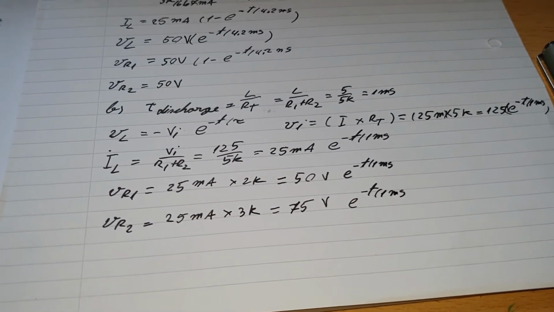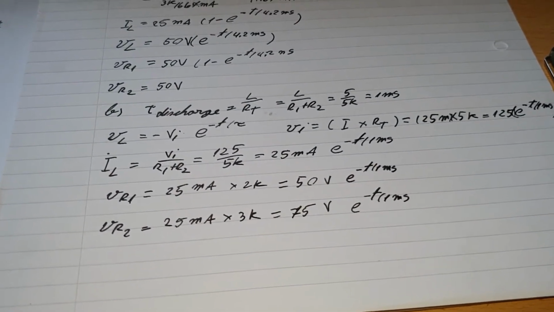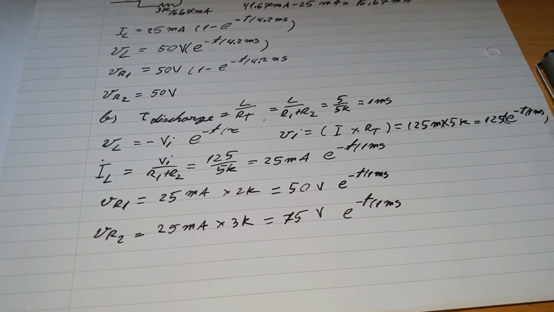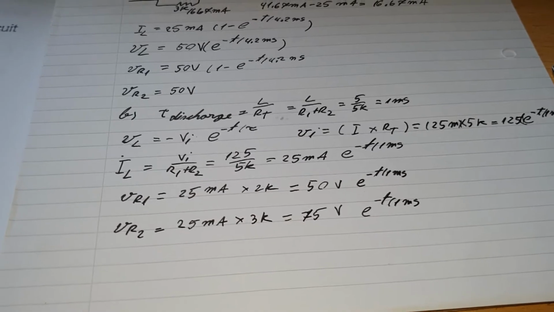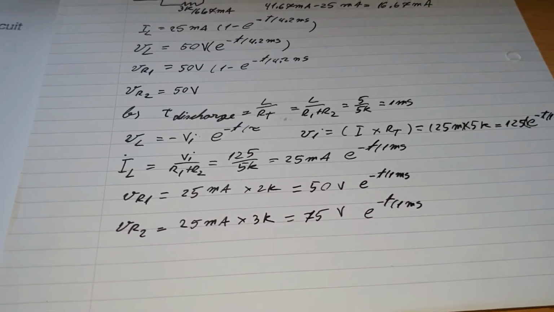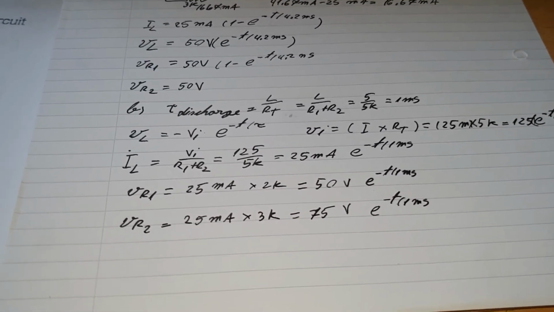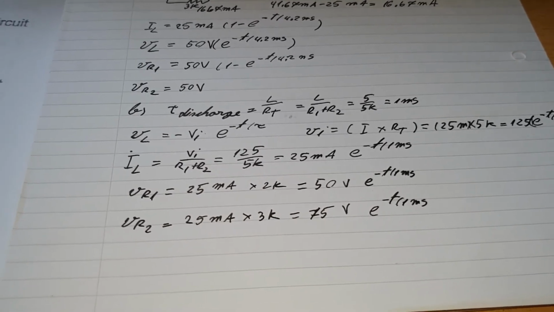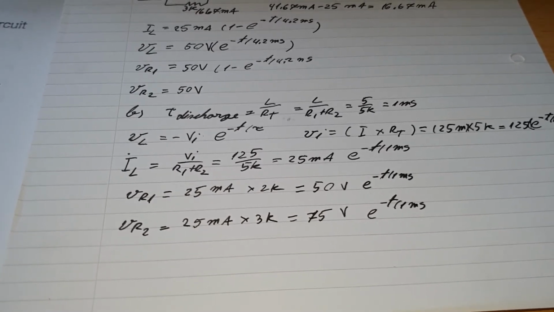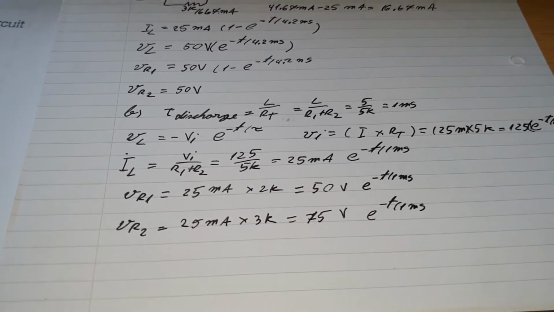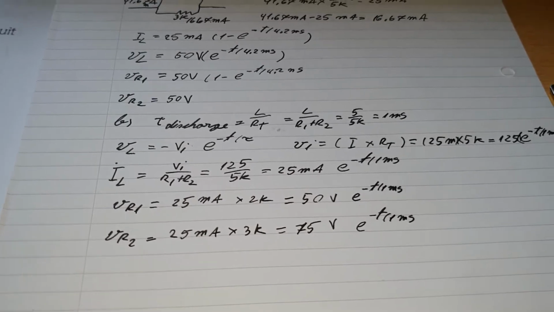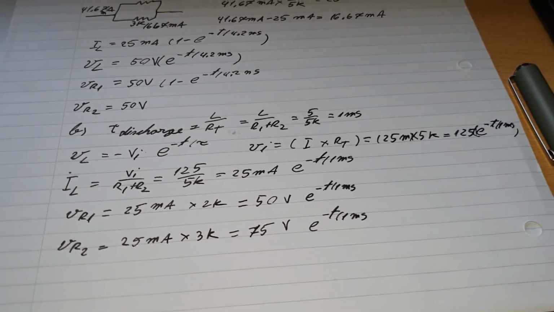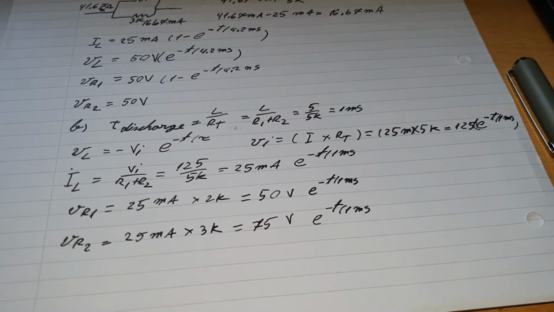We solved part B as well, and that's how you calculate it when you fully discharge it. When you fully discharge it, you use the current inside the inductor, which was 25 milliamps, and you also calculate the overall voltage inside of it, which will be the total resistance multiplied by the overall current, and that was 25 milliamps times 5k, which gives us 125 volts. So there will be 125 volts inside the inductor.